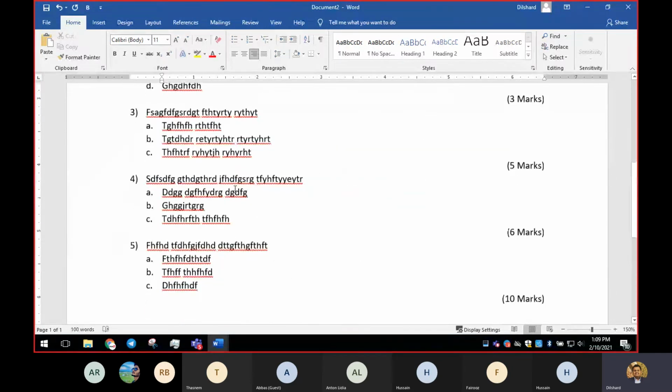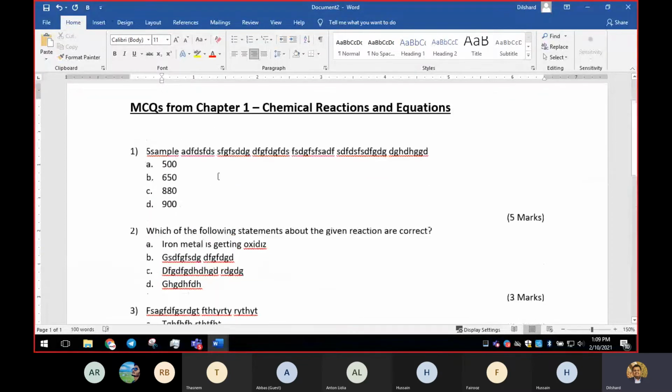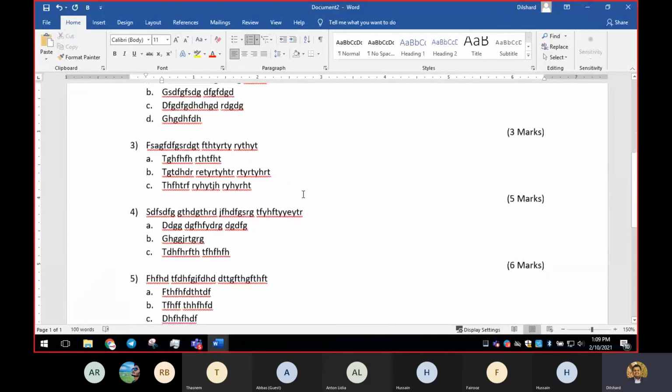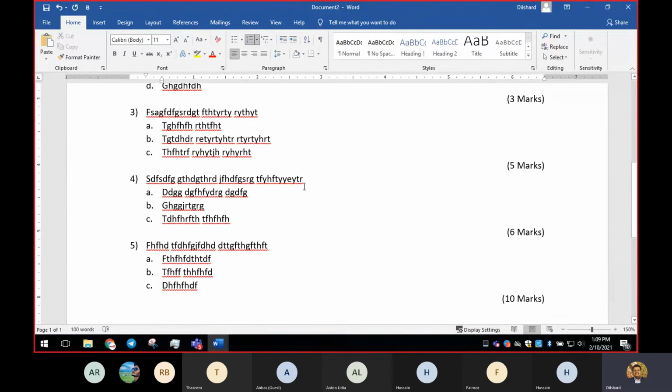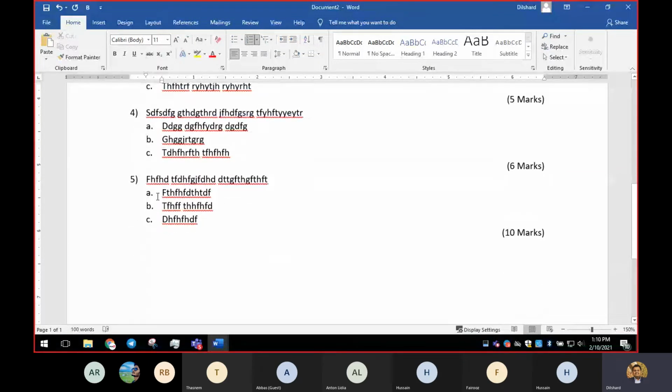So if you know the content already, the formatting work will take very few minutes, since you already know the way of working with these bullets and numbering. Right. So you're going to have some sample questions here in English, and you can have any number of answers for each and every question that you mentioned here.